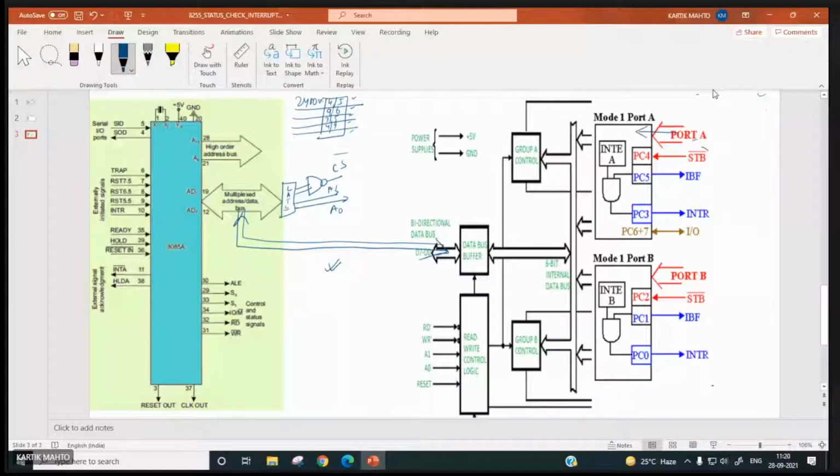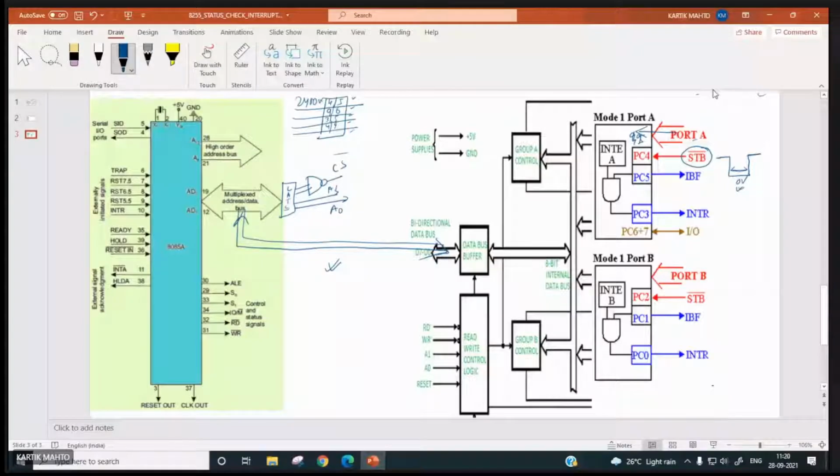How will it make it? It will make it like this. So PC4 of 8255 will become 0 volt whenever a person enters a valid data over here, 99, 45. That time it will become 0 for a moment, for this much duration. Then it becomes 1.